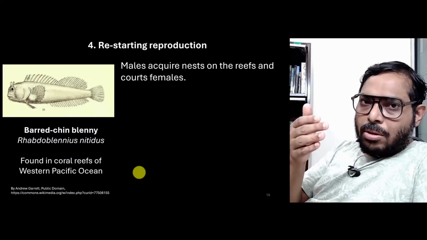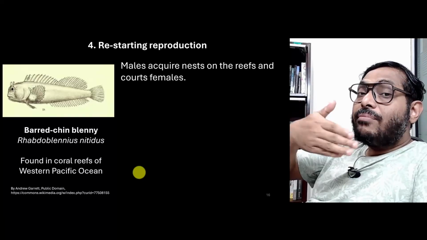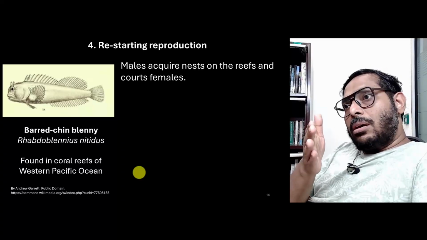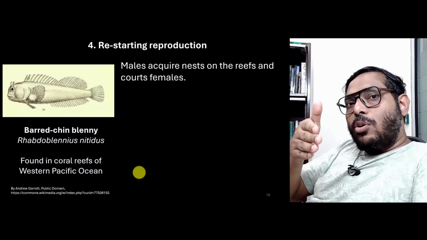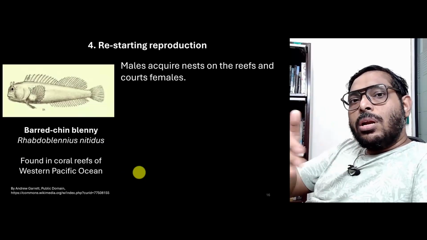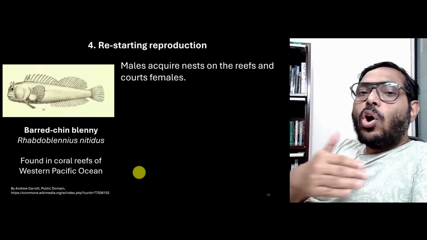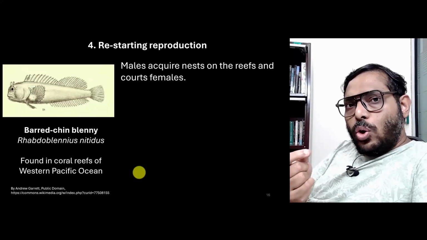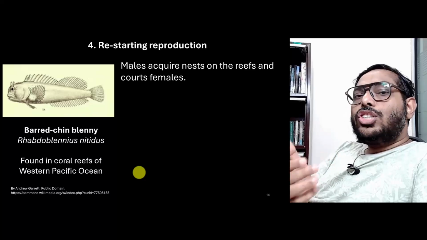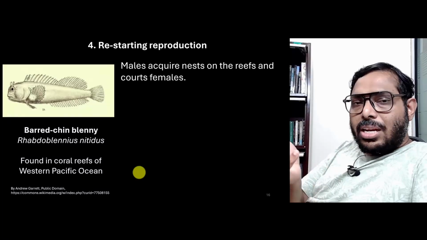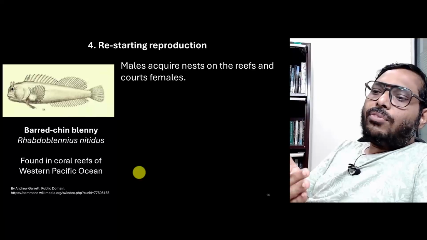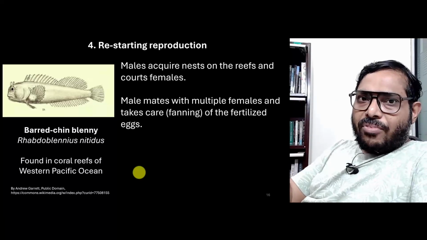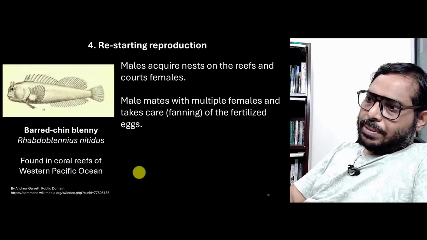So, taking care of the babies, or the eggs in this particular case, is that fanning behavior. If you remember, we discussed that in some fishes the male fish typically stands guard over the eggs and keeps a flow of water over the eggs. Why? Because that flow ensures that the eggs are aerated, it ensures that there is no algal or any other kind of growth on the eggs, and that is essential for the eggs to hatch. So, the same fanning behavior is shown by this particular fish.